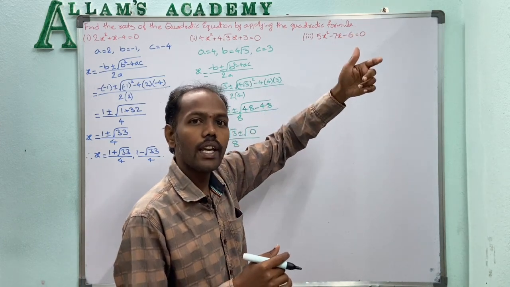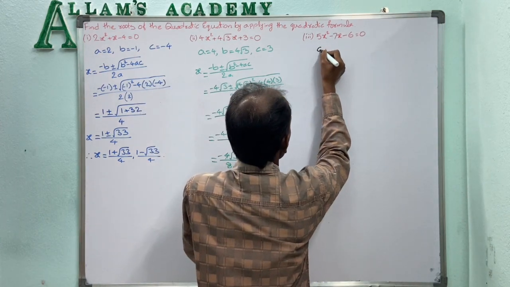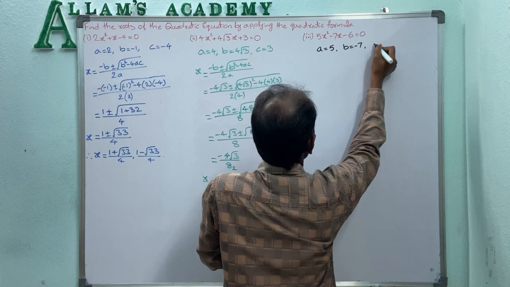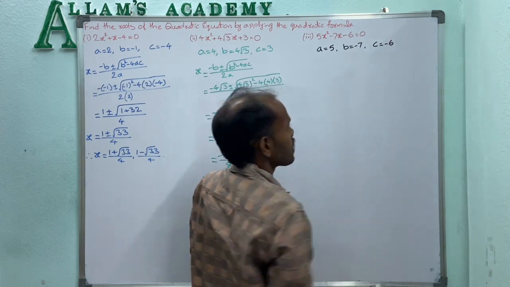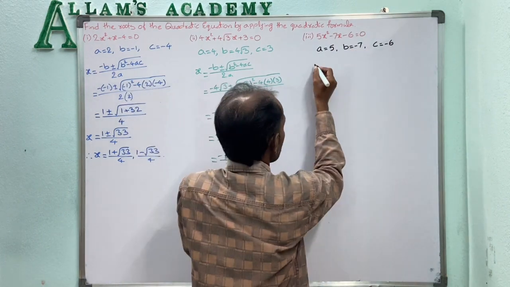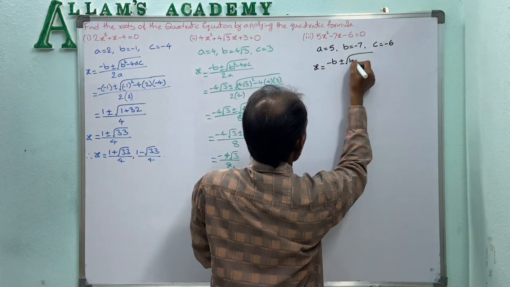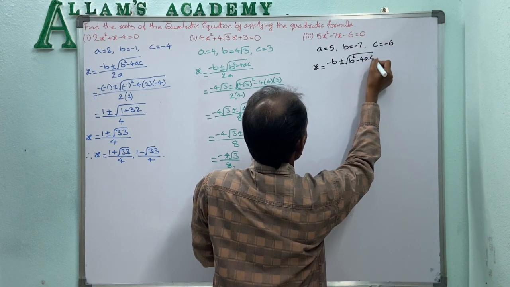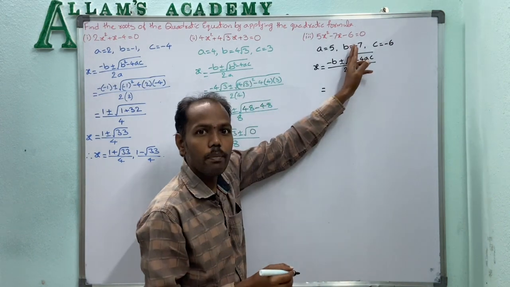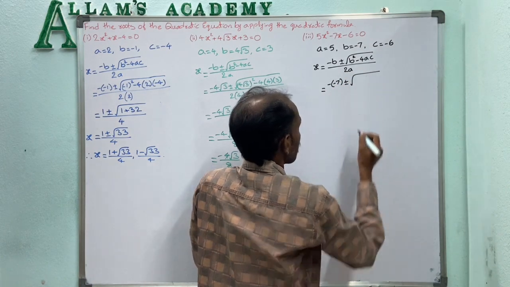So by the general form ax square plus bx plus c, comparing with the quadratic equation, now here a is the x square coefficient, that is nothing but 5, and b means the x coefficient, that is minus 7, and c the constant term is minus 6. So here a equal to 5, b equal to minus 7 and c equal to minus 6, and the quadratic formula is x equal to minus b plus or minus under root b square minus 4ac by 2a, that equal to minus b. So here b equal to minus 7 given. So minus of minus 7 plus or minus under root b square.